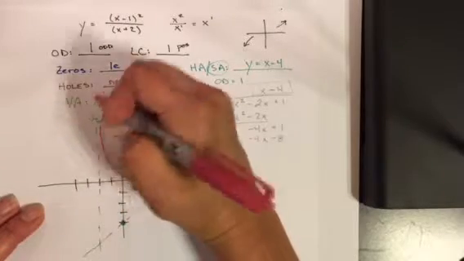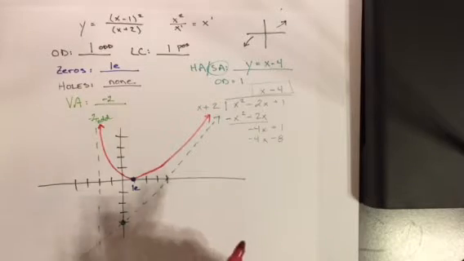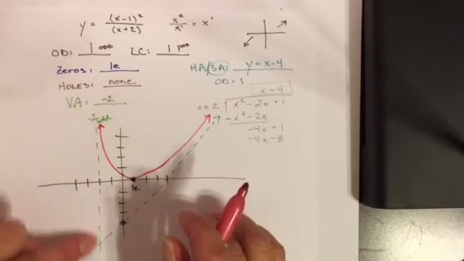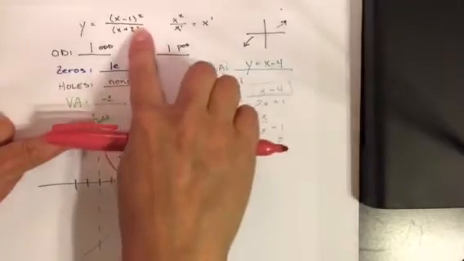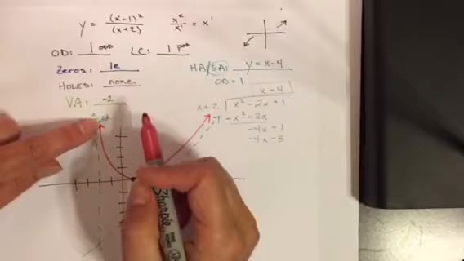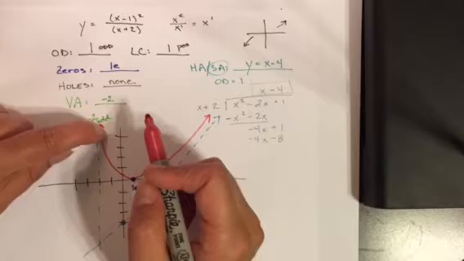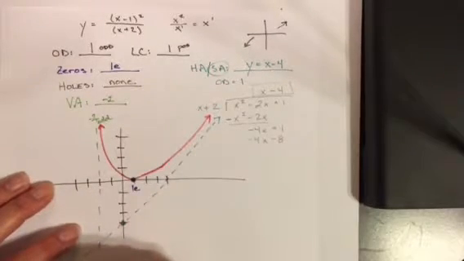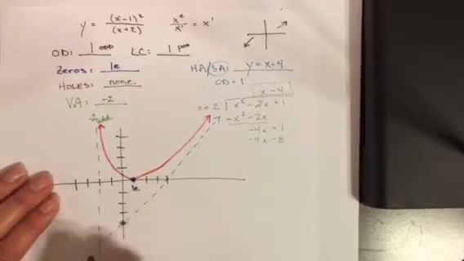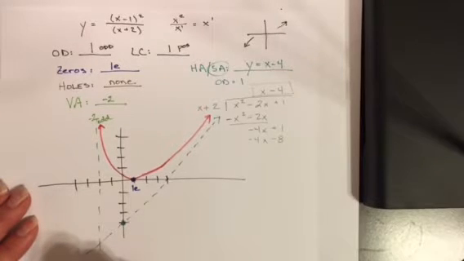And it will continue until my vertical asymptote at -2. This is odd, and I know it's odd because it was to the first power. The first power is what makes it odd, 1 odd. So odd means opposite. So since I'm traveling up here towards positive infinity, that means I'm going to start down here towards negative infinity. And then remember end behavior must go towards the horizontal or slant asymptote in this case,